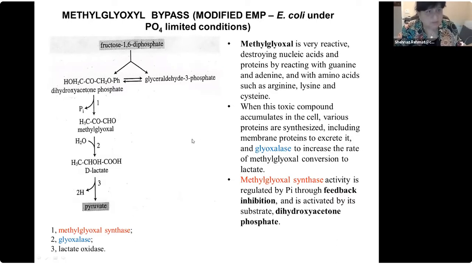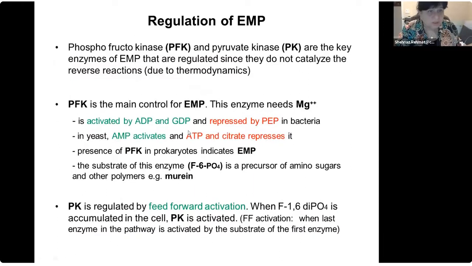This is one alternate pathway or modification of your Embden-Meyerhof pathway. Now, how is this main pathway, EMP, regulated? What are the enzymes that regulate this pathway in bacteria? The phosphofructokinase, which is abbreviated as PFK, and pyruvate kinase. These are the two enzymes